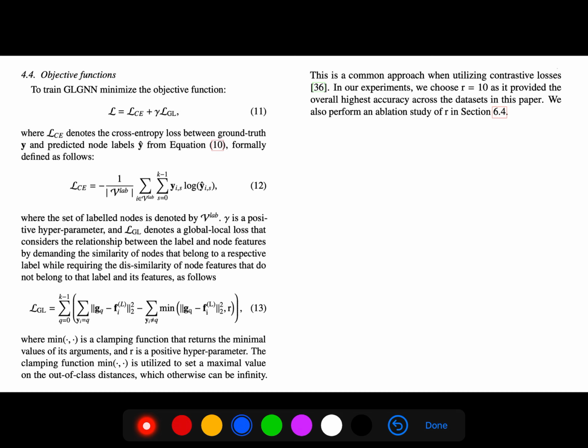And then we have this training loss, where CE is just the cross entropy loss between ground truths and predicted node labels. And this gamma is a hyperparameter. So the second loss is GL, which is the global local loss that considers the relationship between the label and node